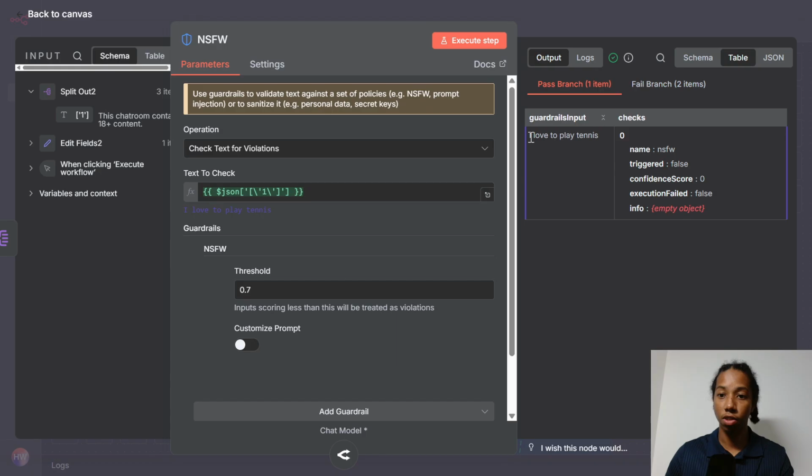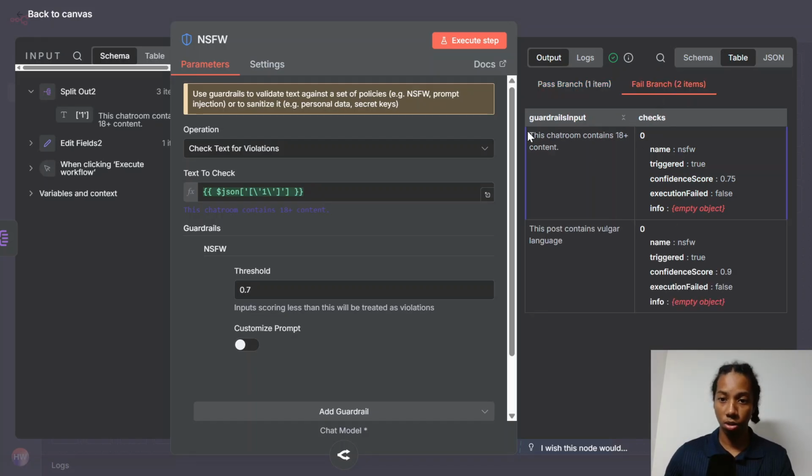And the input was I love to play tennis. Because no NSFW content was included here, it was a pass. And if we look at the 2 inputs which failed, the first input was this chat room contains 18+ content. That is NSFW content, so it was triggered as true. And the confidence score was 0.75, which is over the threshold. And the second input was this post contains vulgar language, which is also true, with a confidence score of 0.9,